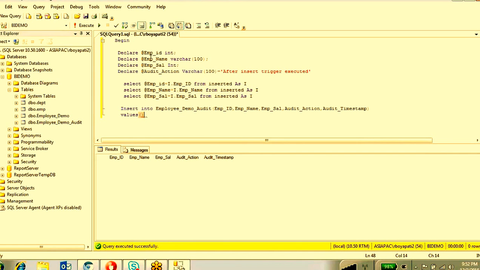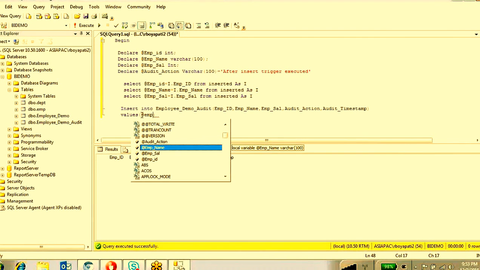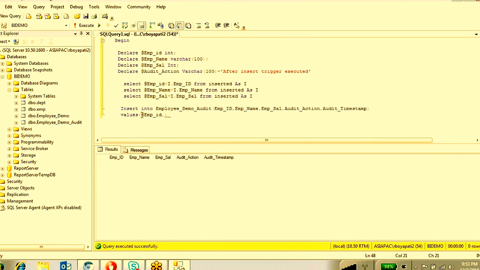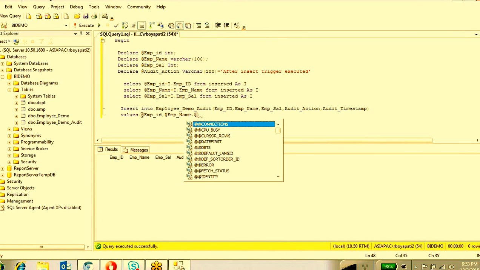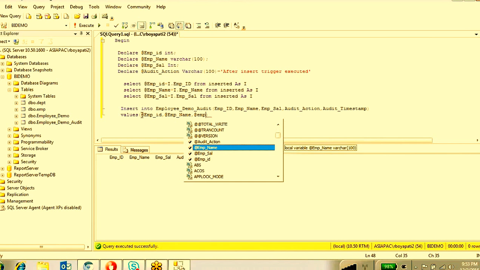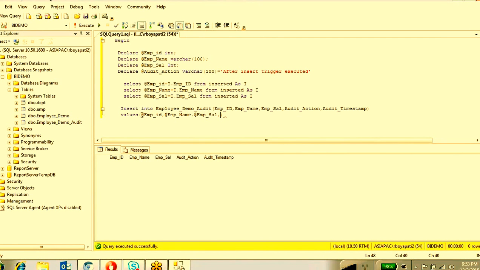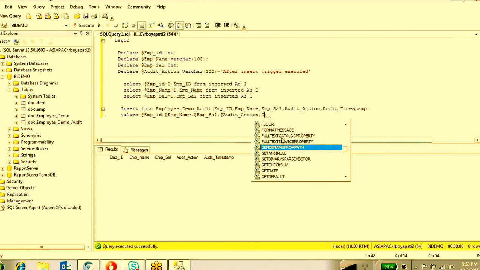What values are we going to insert? These are the variables: @emp_id, @emp_name, @emp_salary, comma, comma. The audit timestamp means I am going to insert getdate.